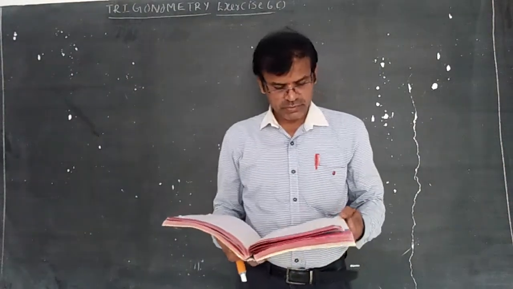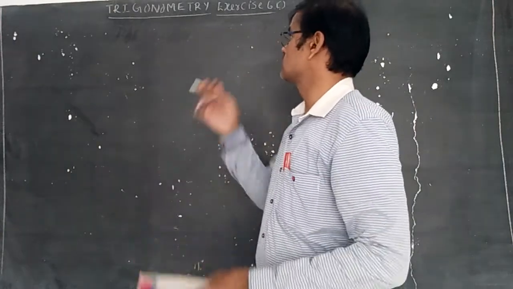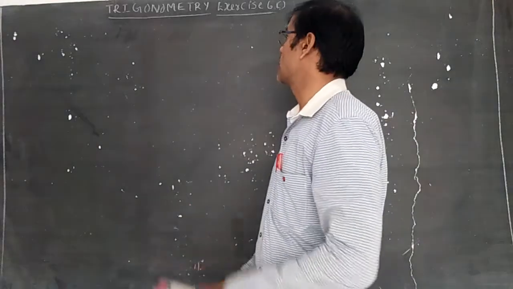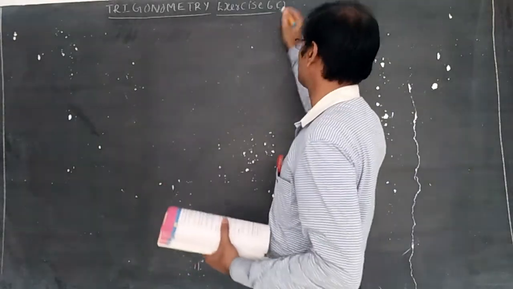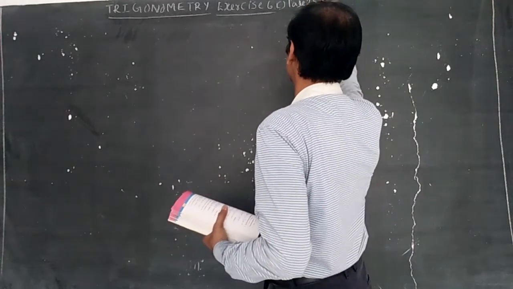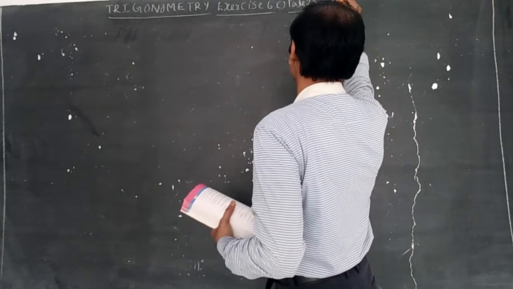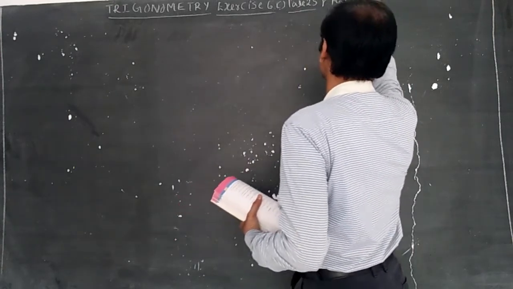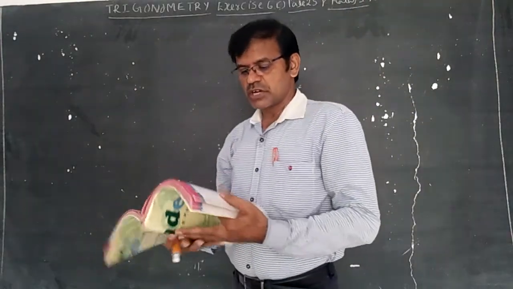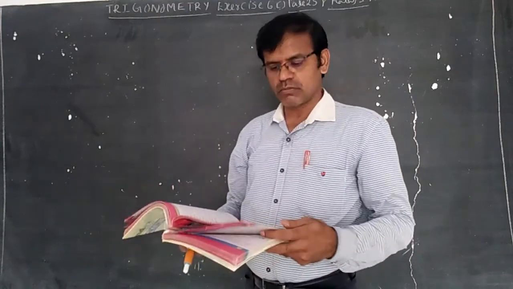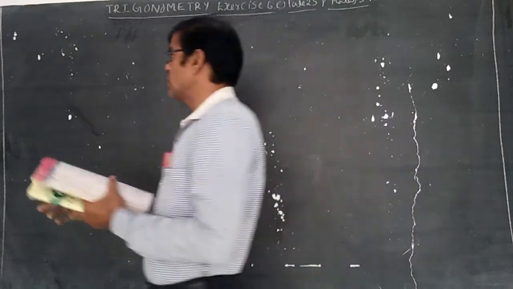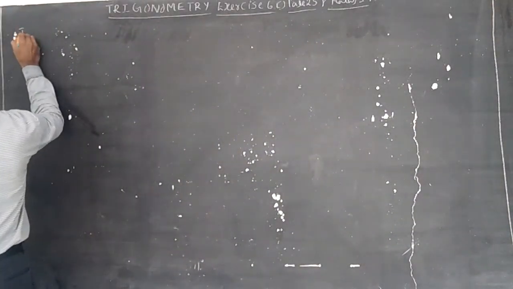Dear students, Junior JEE program trigonometry is going on. In the chapter trigonometry, we are handling exercise 6C, page number 258 in the Mathematics 1A textbook. Until yesterday's class, we have completed Roman number 1, sums 1 to 3, and Roman number 2 sums. Let us discuss Roman number 1, fourth one.